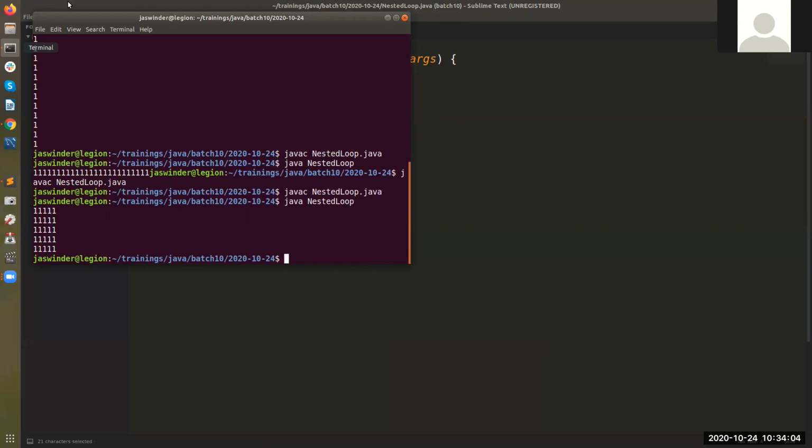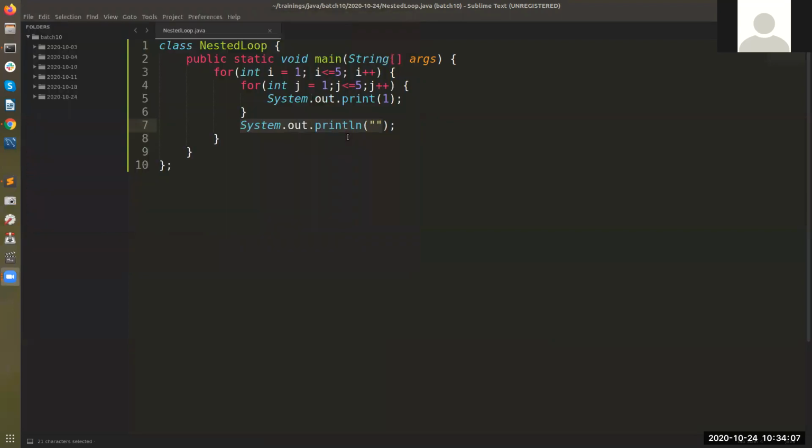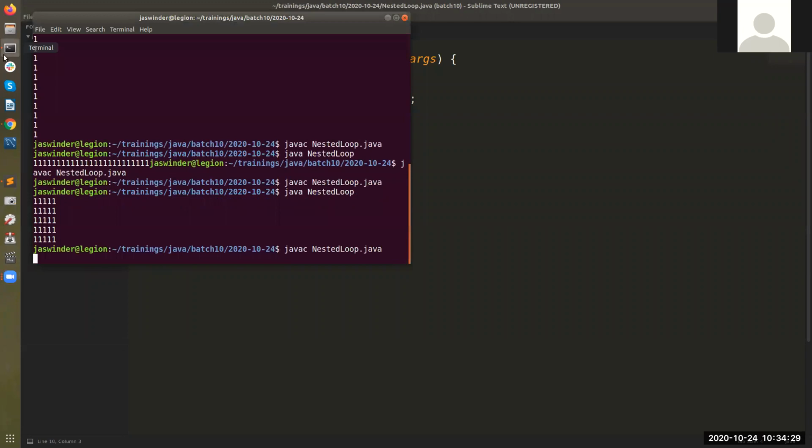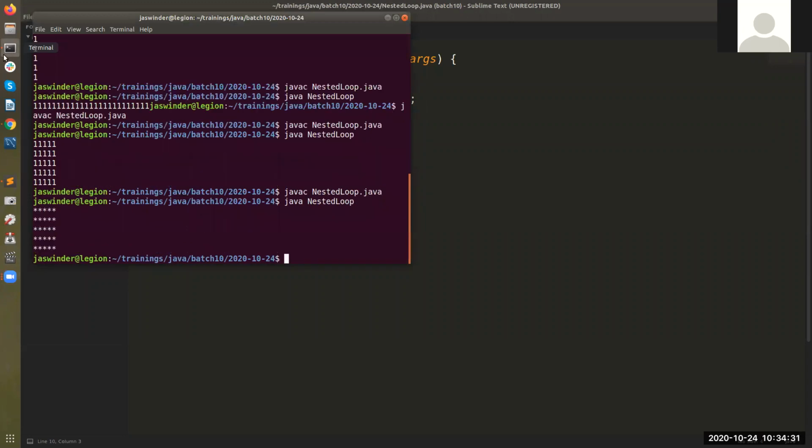So you can get a question in your exam, or maybe for your understanding, if you have seen some pattern type of questions. We have different patterns. So here, if you go and print a star, right? You print a star. So now what is going to be the value? Let's run this. So it's going to print 5 stars in a line and 5 lines of your output.